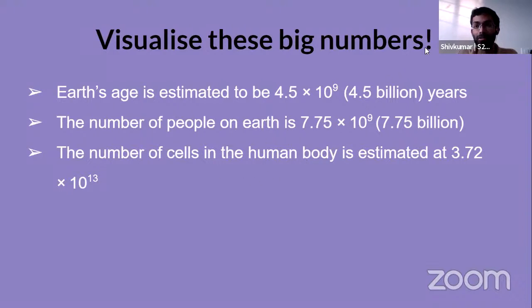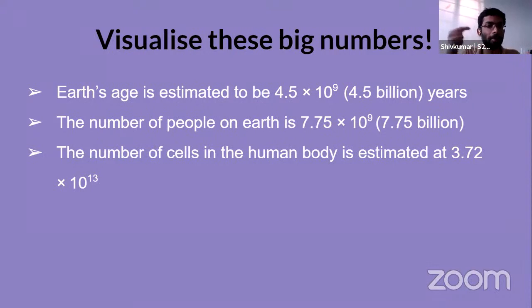And look at this, the number of cells in the human body, right? This is 3.72 into 10 power 13, right? Remember, that's about 37 trillion. But just remember the fact that at the beginning, we are just a single cell zygote. And for a single cell zygote to divide into so many cells, just imagine how the division should have occurred to reach this number.